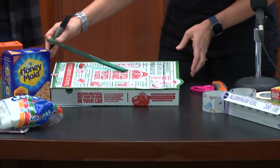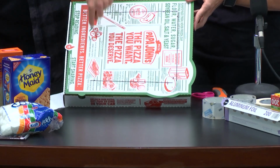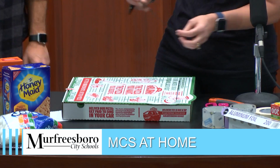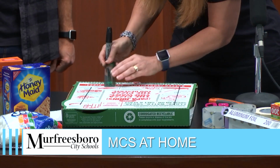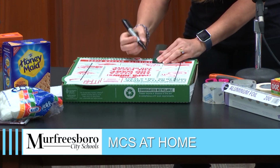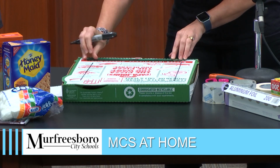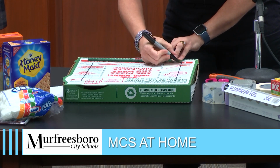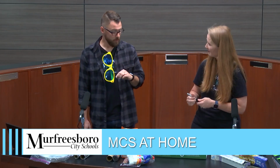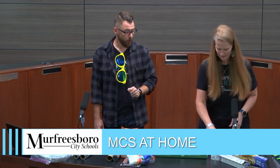With these marks you're making, it looks almost like you're making a perfect square inside of this box. That's right, eventually it's going to be our lid/window. Excellent, very good. I'm going to finish that up. So to recap what she said, everybody, while she's finishing this up, she used a ruler to measure about 2 inches from the edge of the top of the pizza box. She's then going to use her ruler as a straight edge to make a straight line, so it's going to be 4 sides. Then we are going to very carefully, and this is where the adult is really important, cut